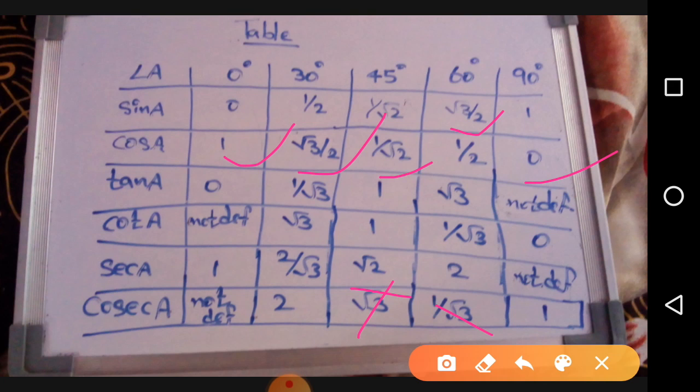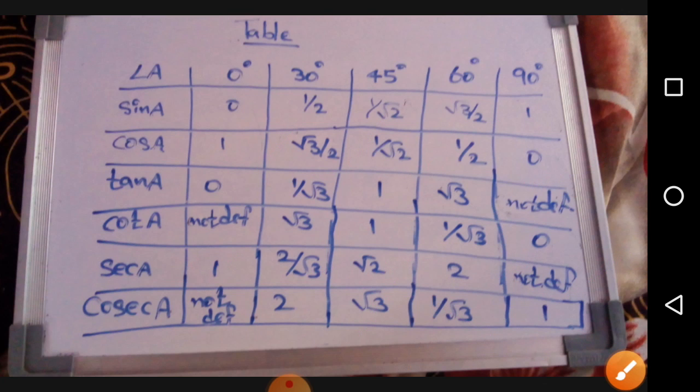Once you are done with cos A, secant A is quite the inverse of that. That is, if cos 0 is 1, so 1 by 1 is 1, and cos 30 is root 3 by 2, so 1 by root 3 by 2 is nothing but 2 by root 3. And 1 by 1 by root 2 is nothing but root 2, and here 1 by 1 by 2 is 2, and 1 by 0 is not defined. Thus I hope you understood cos and secant, and along with that sine and cosecant. And here do remember, it's not this one. Once again I am stressing this. It's root 2 and 2 by root 3.